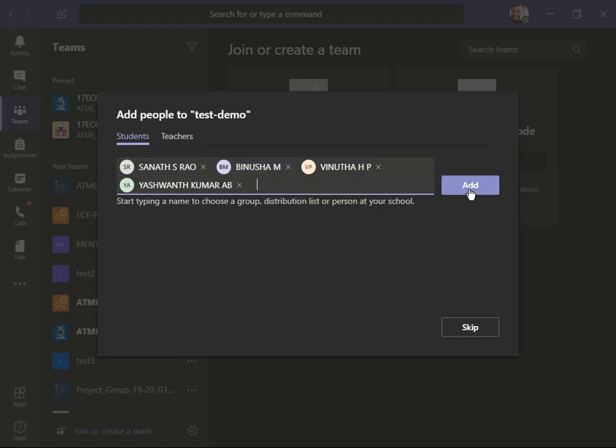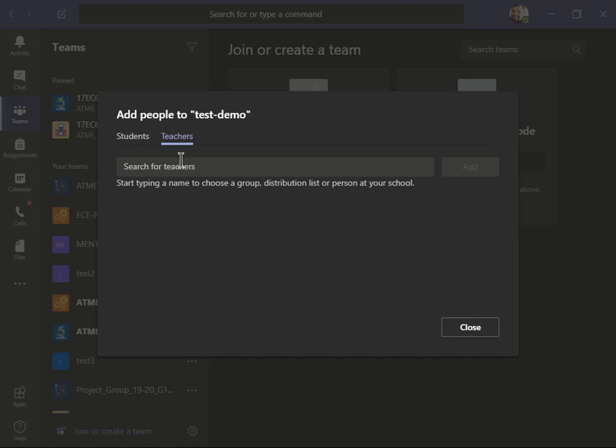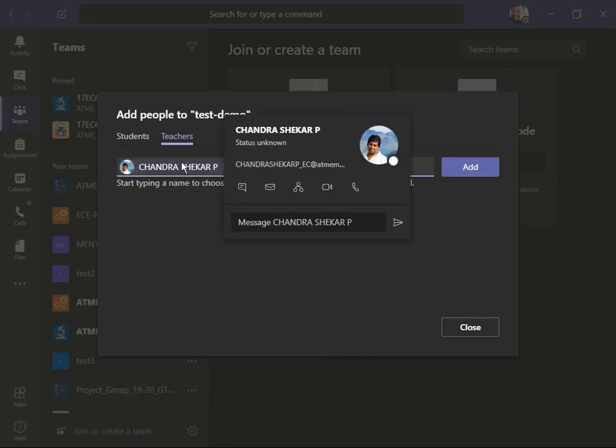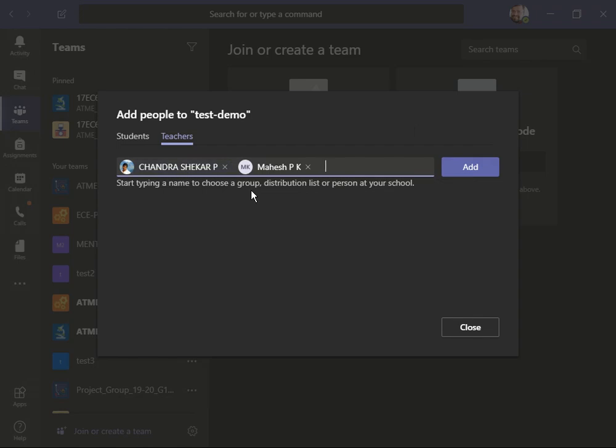Once you add all the names that you want, you can simply say add, and they will all get invitations. So they are actually invited into this particular group now. Then you can add the teachers also into the group. Whoever is your faculty along with you, you can add them directly into this group. All the faculty who are required can also be added,